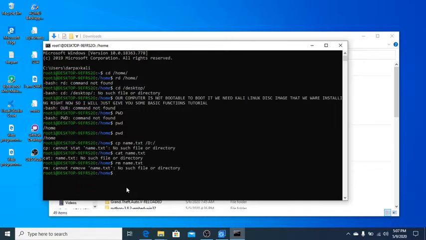So I will teach you how to do bootable computer. Then now we can make a new directory. So make directory, then we can give a name here. We can give the name Tarpon Powder. It will make a directory named Tarpon Powder, but it says cannot create directory Tarpon Powder